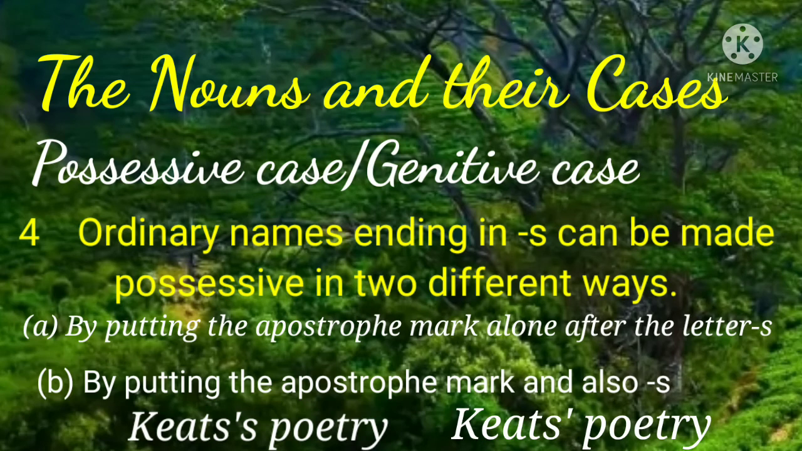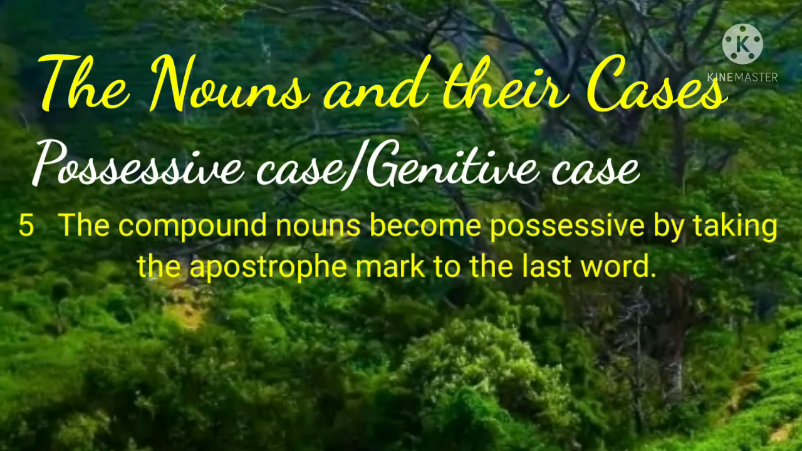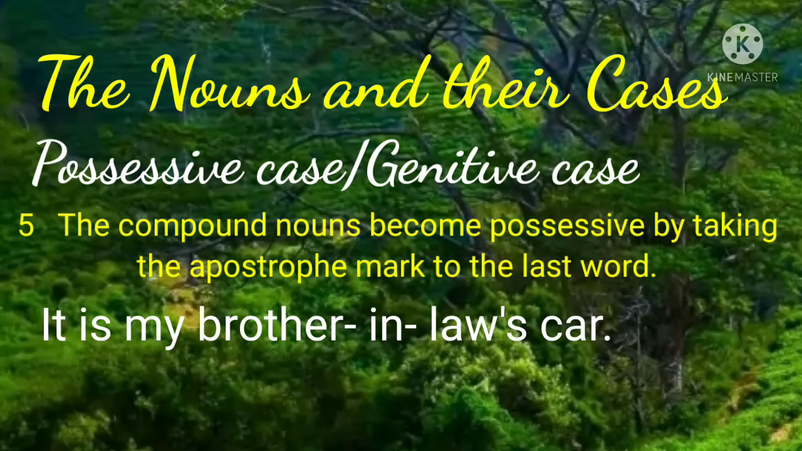The compound nouns become possessive by taking the apostrophe mark to the last word. For example, it is my brother-in-law's car. Here you put the apostrophe mark after law. It is true of names